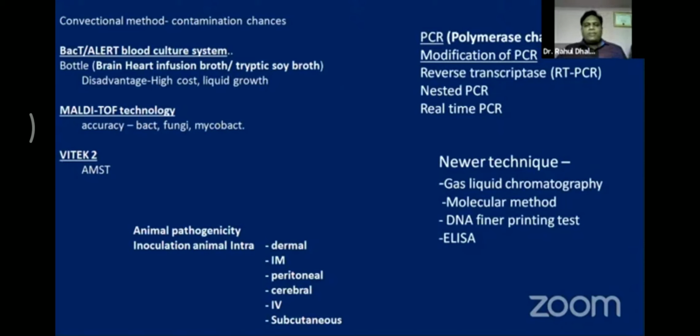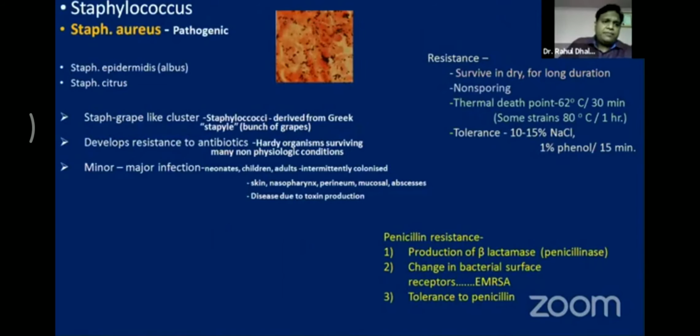Now we turn to bacteriology. Into that, first Staphylococcus. There are three main species: Staphylococcus aureus, epidermidis, and saprophyticus. But the main one is aureus, which is the pathogenic one, which gives golden yellow pigmentation after growth on nutrient agar. Staphylo means a bunch of grapes. Cocci in a cluster are known as Staphylococcus.